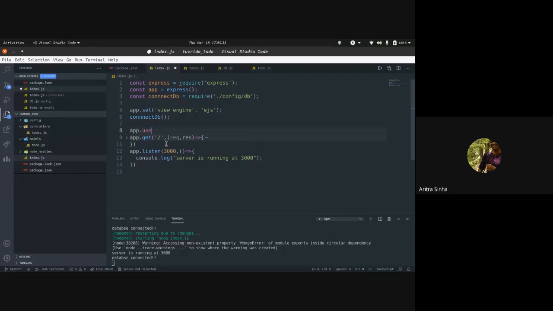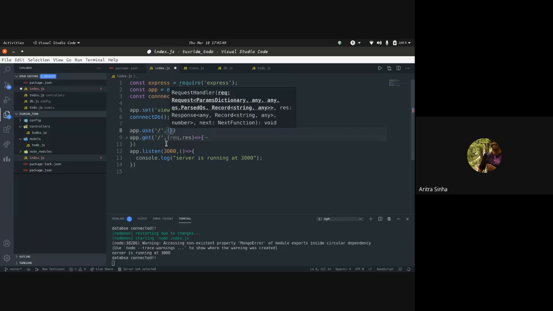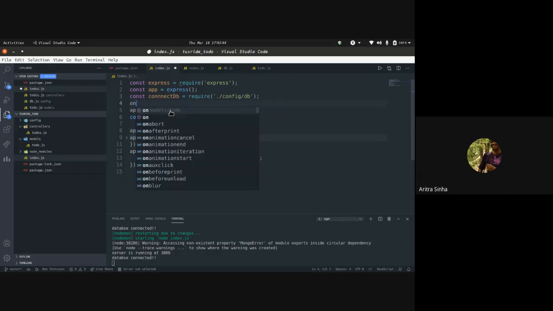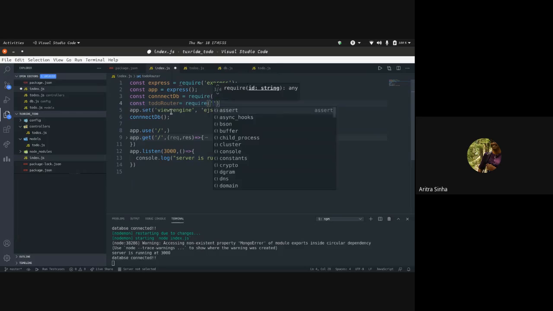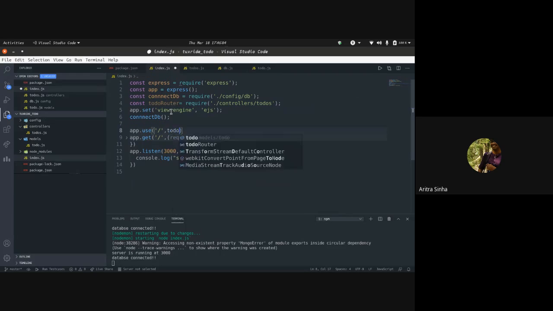App.use for a blank endpoint, there isn't any endpoint, for basic localhost 3000, we are using this, and we'll just use const todoRouter equal to require the controllers and todos. Yeah, this will do. Okay, so we'll use this as todoRouter.